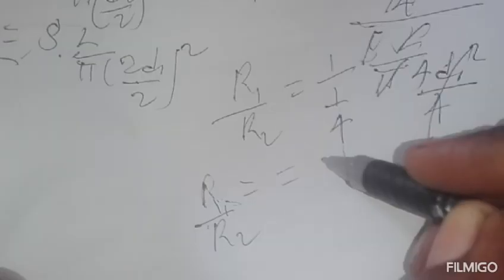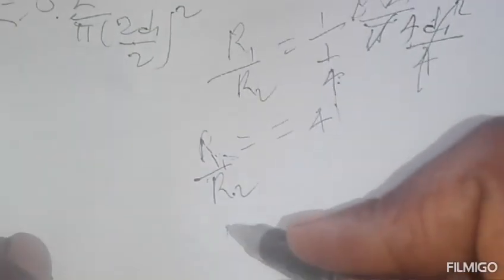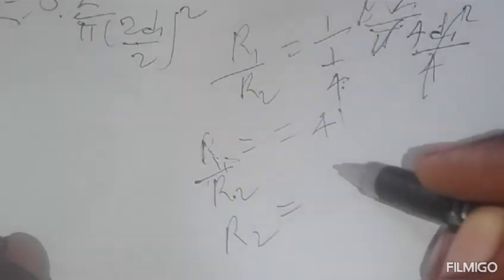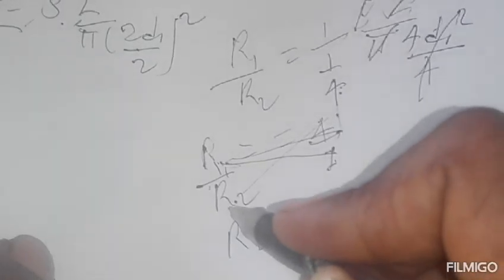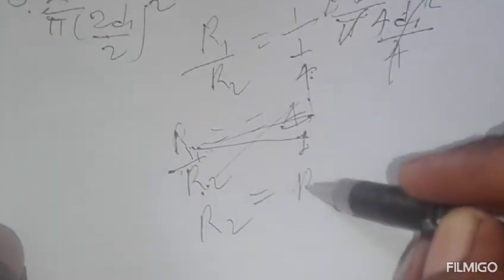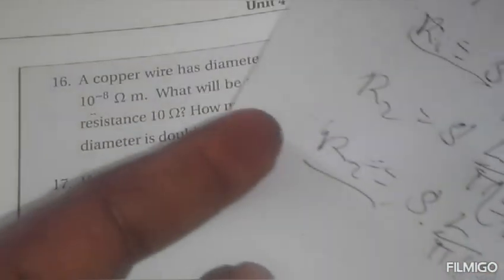What's resistance 2? ስለሆነ የተጠየቅነው ማለት ነው። Resistance 2 is equal to resistance 1 over 4. So it will be 1/4 of the first resistance. በአንድ አራተኛ ይቀንሳል ማለት ነው ሬዚስተንሱ።